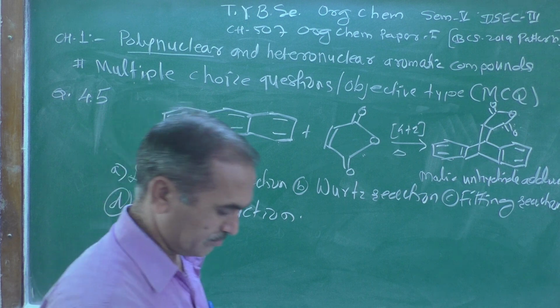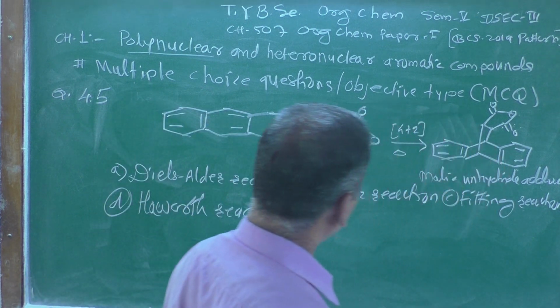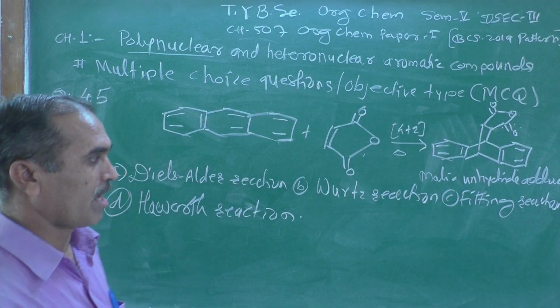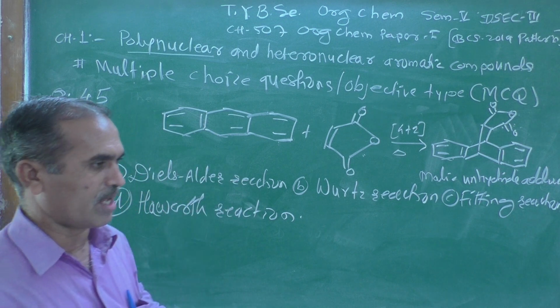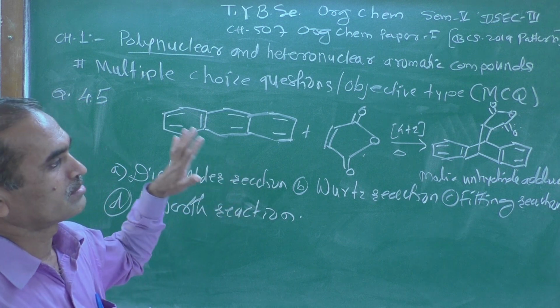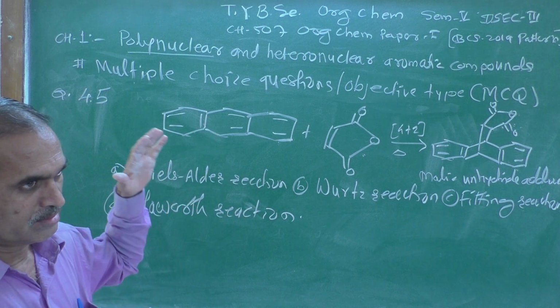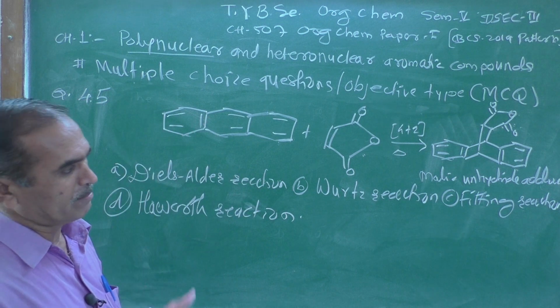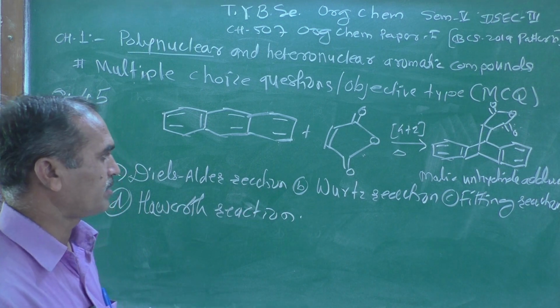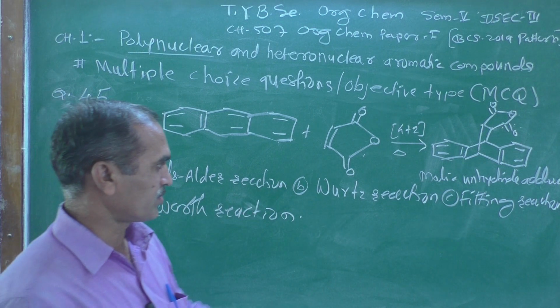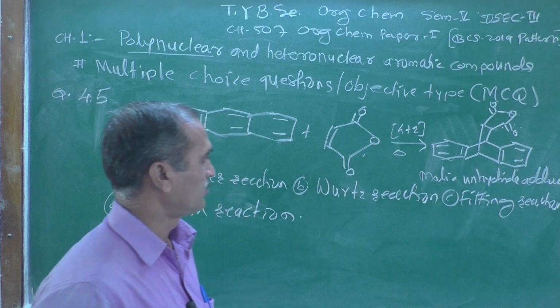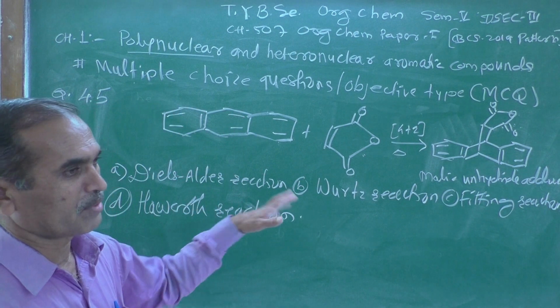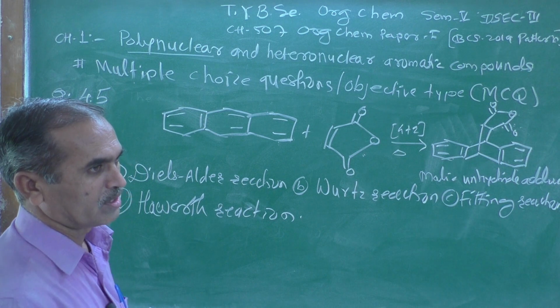So now, as we know, this is one of the famous reactions. The name is also provided to you. It's very easy for those who are studying this descriptive part. If they remember, they can easily recognize. Wurtz reaction, as we know, is the reaction where we can get higher alkanes starting from lower alkyl halides.